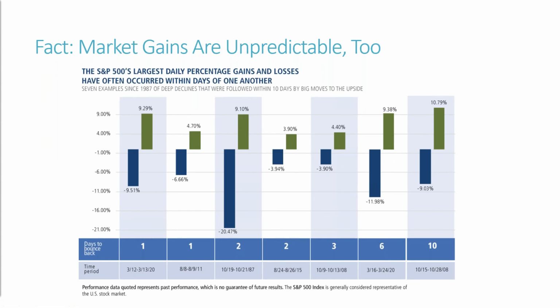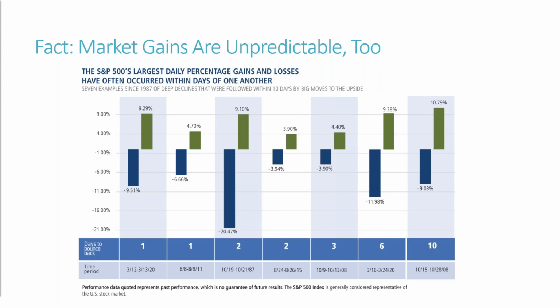This chart here shows the number of days it took to bounce back, and this is going with the same theme of some of the market's best days following some of the worst days. So this shows some of the drops in history. It's got 2020 there, so it's got the current drop in there, and that's those 2 days I talked about. The big down day on the 12th of March, and then the big recovery just 1 day after.